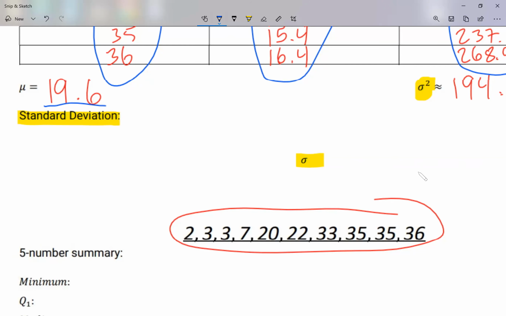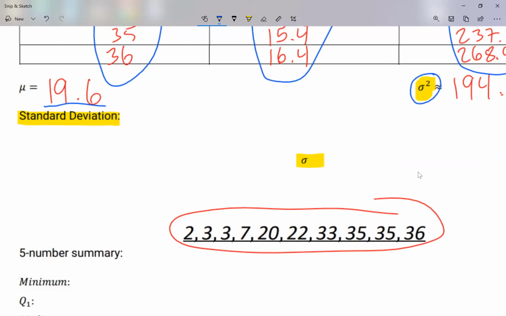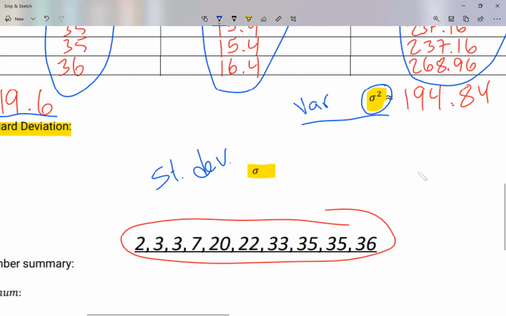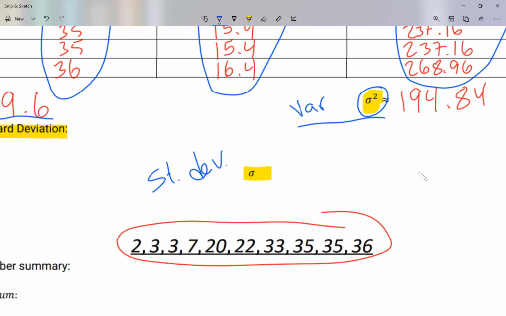Okay, so now I'm looking at the symbols. Variance was sigma squared. As a matter of fact, let me write VAR for variance. The variance is sigma squared. The standard deviation, let me abbreviate that as ST for standard, and standard deviation is just sigma. Okay, so once you have your variance, in order for you to find your standard deviation, just get the square root of it. Okay, so for my standard deviation in this case, I'm going to be looking at the square root of